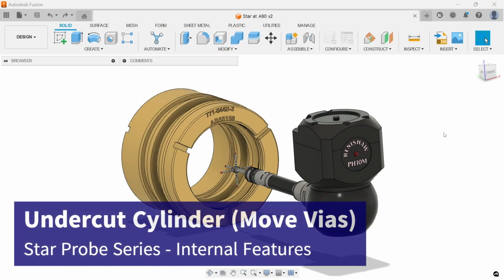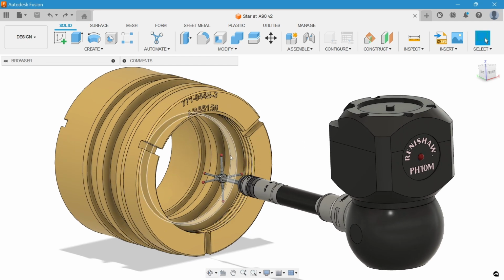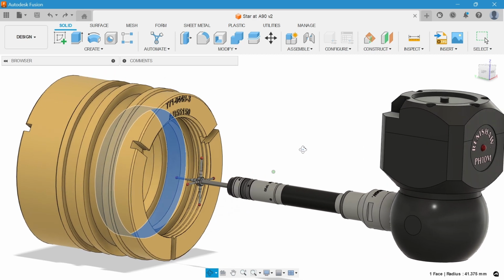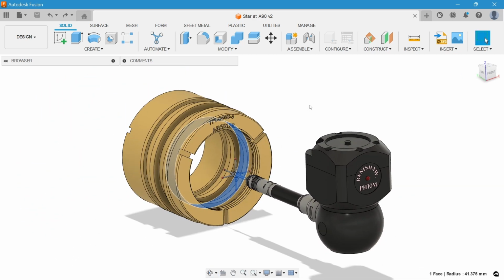In this example, we're going to measure the same undercut cylinder that we did in the previous tutorial. So just for anyone looking, it's this diameter here. So you can see that undercut cylinder. Only we're going to use a more advanced method to avoid the pre-move collision that occurs due to it being